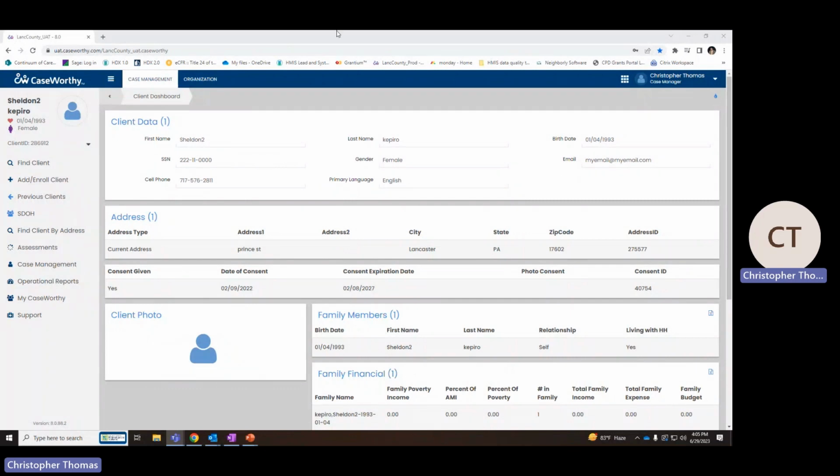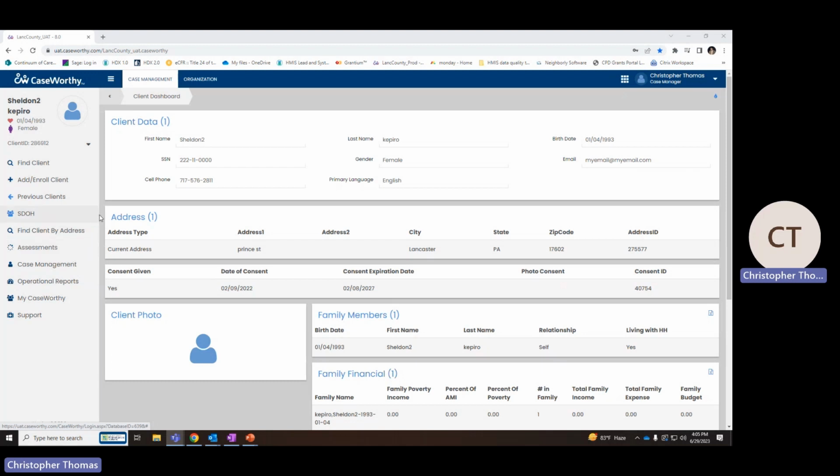So really quick, we'll just review what I said a second ago. You're in here, you're looking at your client. We're looking at Sheldon right now, our test client. If you ever want to mess around and look at this stuff, Sheldon's test client is always a good place to go because there's lots of assessments in here, lots of enrollments. You can take a look at what this looks like.